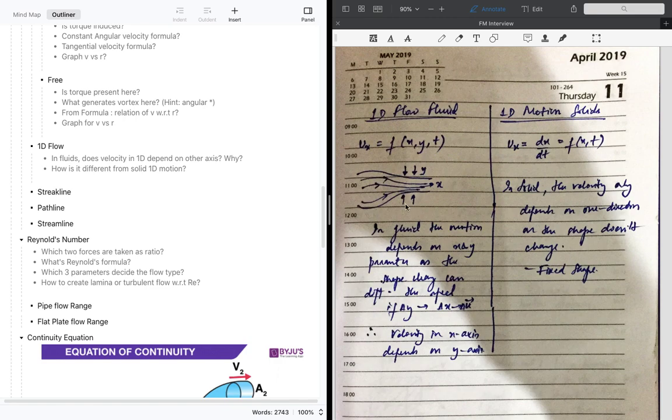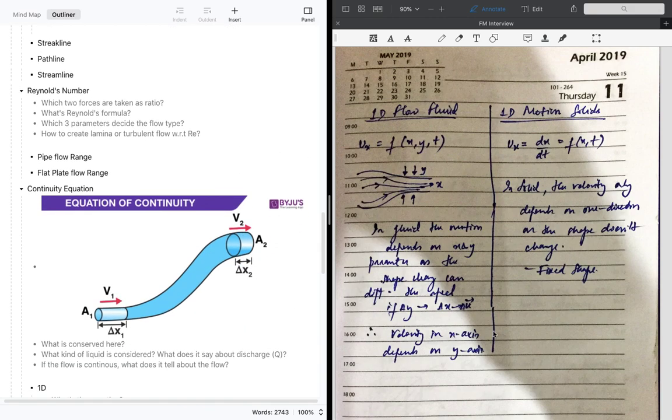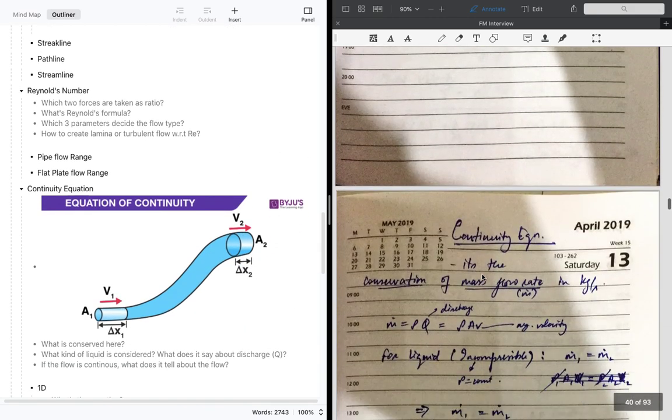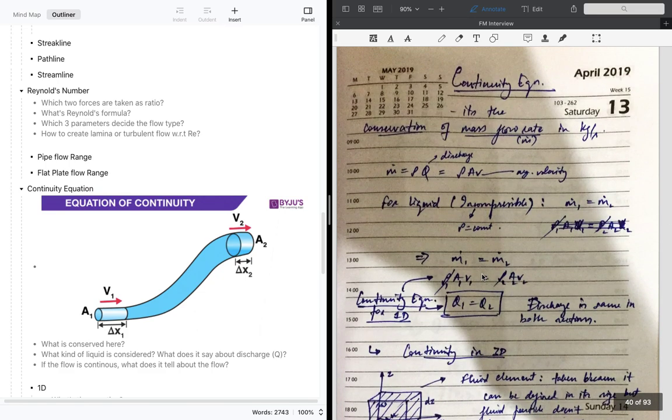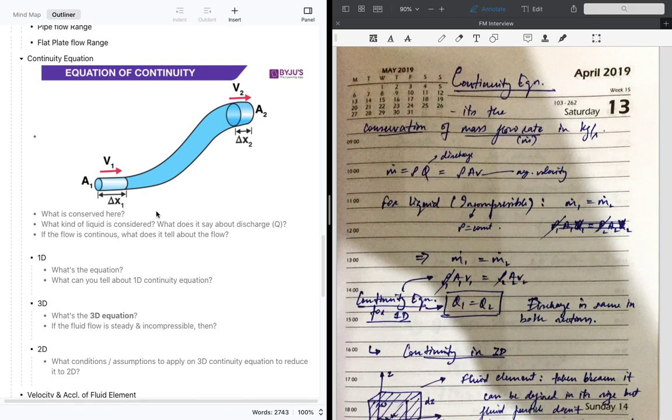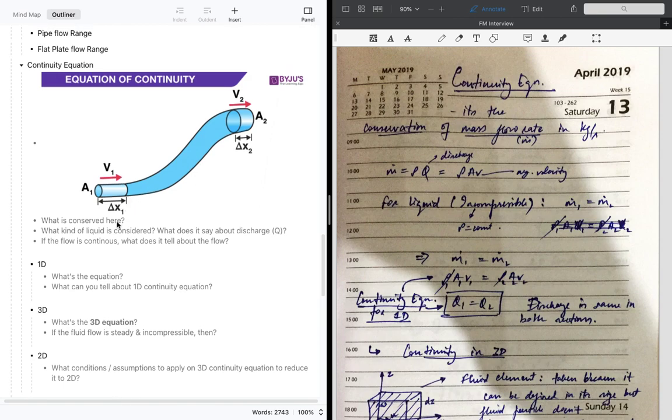Okay. So next one is the continuity equation. So the continuity equation is basically an important equation, as you can see from this picture. There are some questions to be asked in the continuity equation. What is considered here? What kind of liquid is considered? What does it say about the discharge? If the flow is continuous, what does it tell about the flow? So the continuity equation is basically the mass flow rate conservation equation